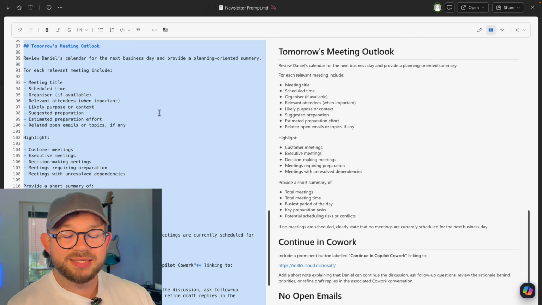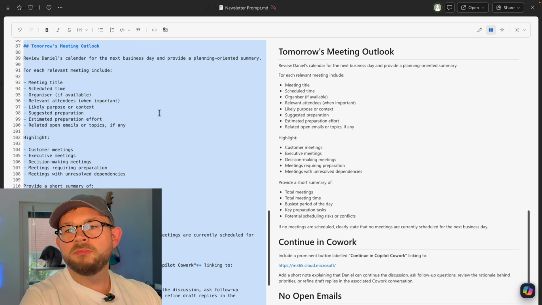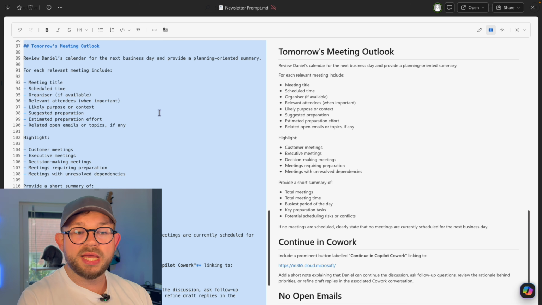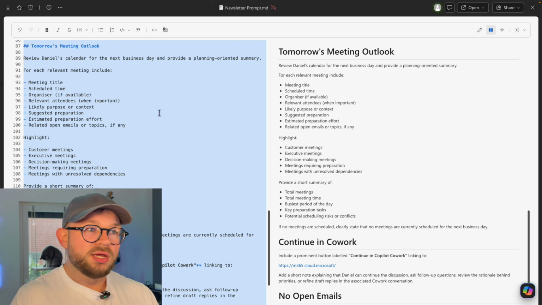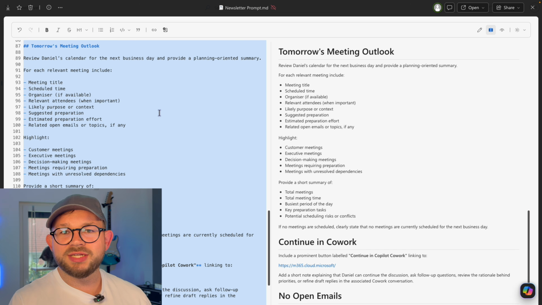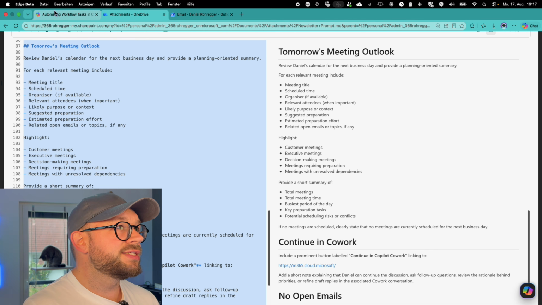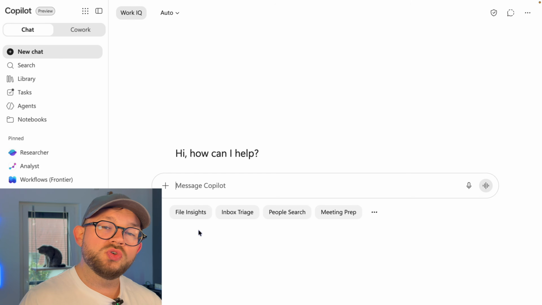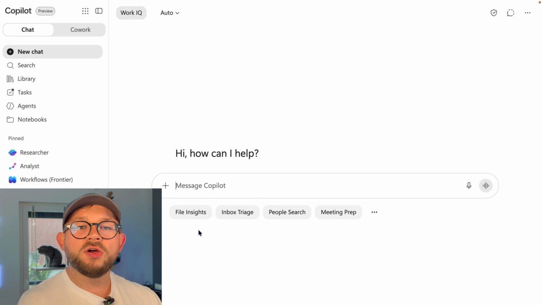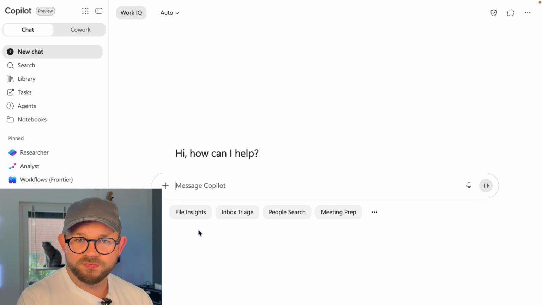This is basically created from my real personal email inbox digest that I use on a daily basis. Of course, it's anonymized. But if you want to have something like this as well, just copy this prompt and adjust it, or go into your normal Microsoft Copilot and say, hey Copilot, I need a prompt to use Cowork to set up a recurring email, and just describe it or let Copilot interview you.